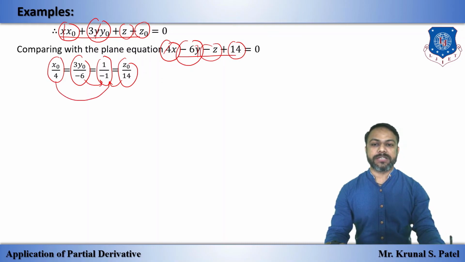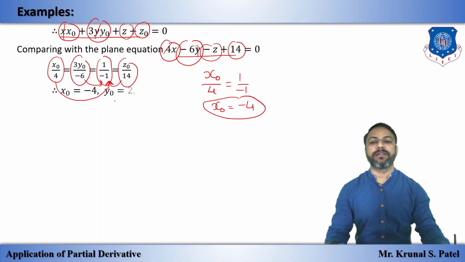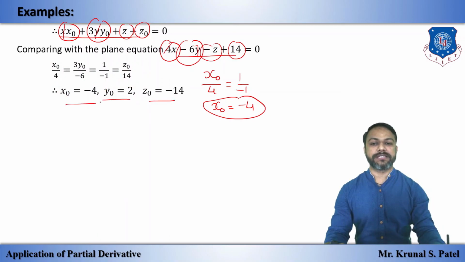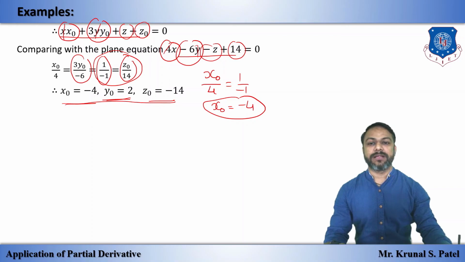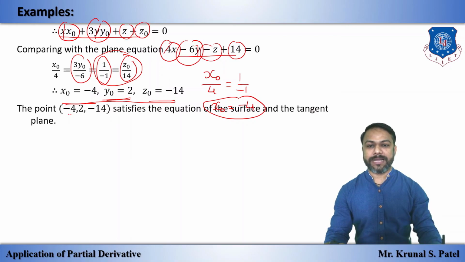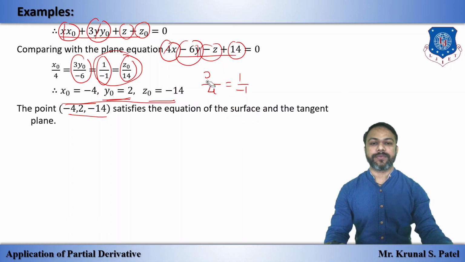So this term is equal to 1, so x0 divided by 4 is equal to 1 upon minus 1. So x0 will be minus 4. In the same way we get y0 and z0. Okay, got it? x0 is minus 4. Then after using this, we get y0 is 2. And using this term, z0 is equal to minus 14. So this is our contact point, and we will check whether this point (minus 4, 2, minus 14)